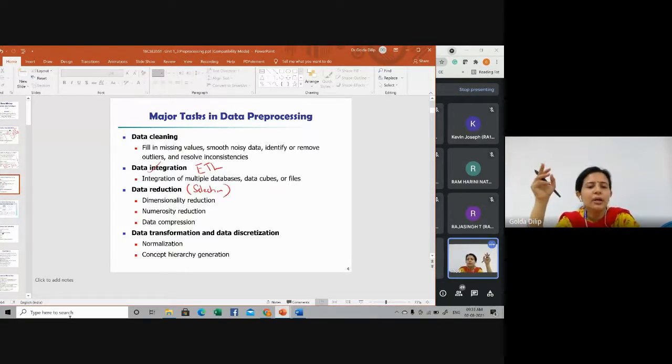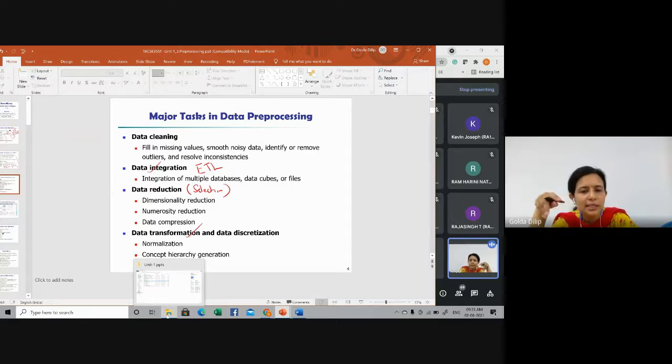Okay, so you can select the data relevant to the task for analyzing using one of these techniques. Then, of course, you transform the data. Again, dimensionality reduction techniques can also be applied here. Then feature selection can be done. Okay, so data can be transformed and consolidated into forms appropriate for mining.